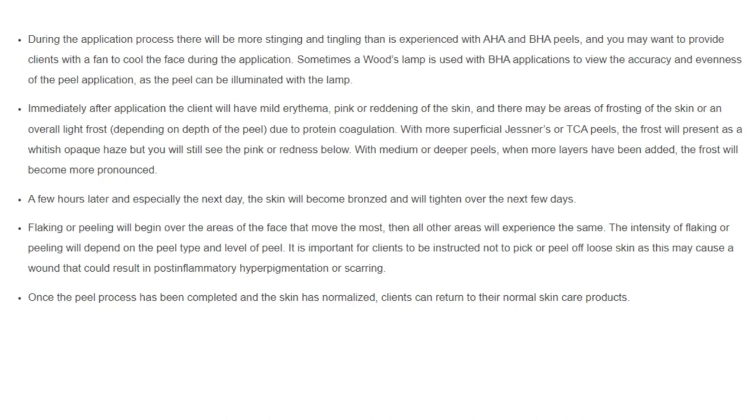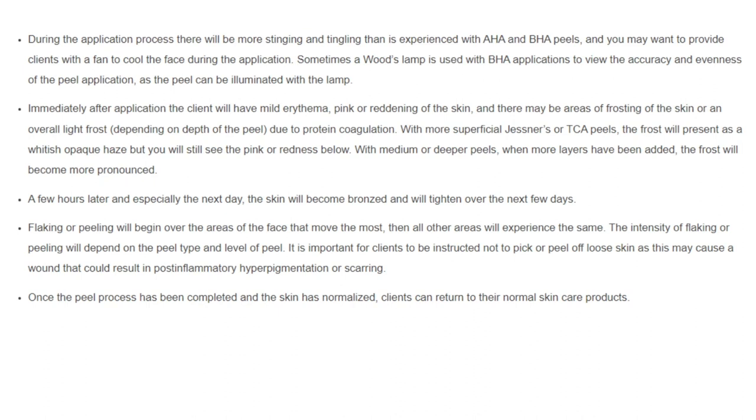Sometimes a Woods lamp is used with BHA applications to view the accuracy and evenness of the peel application, as the peel can be illuminated with the lamp. Immediately after application the client will have mild erythema, pink or reddening of the skin, and there may be areas of frosting of the skin or an overall light frost, depending on depth of the peel, due to